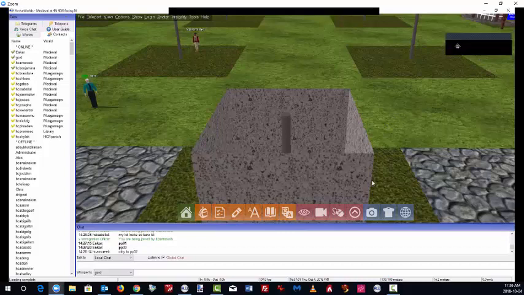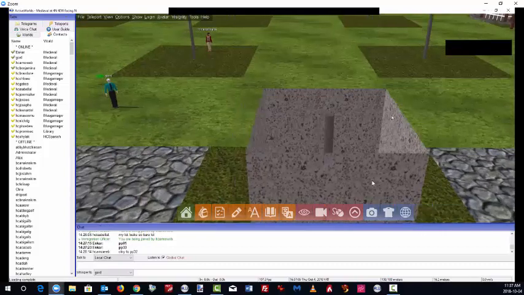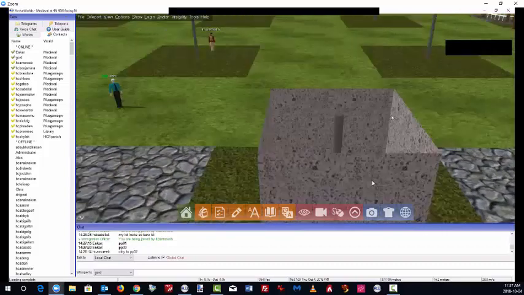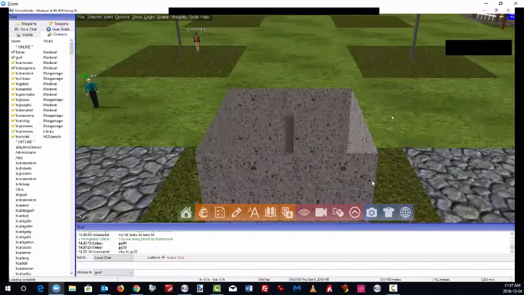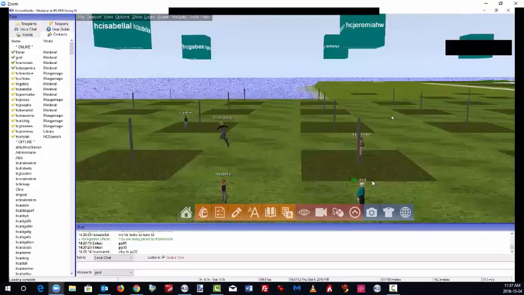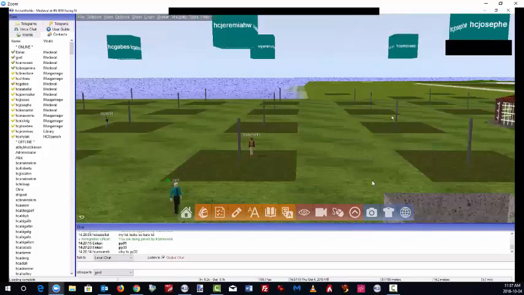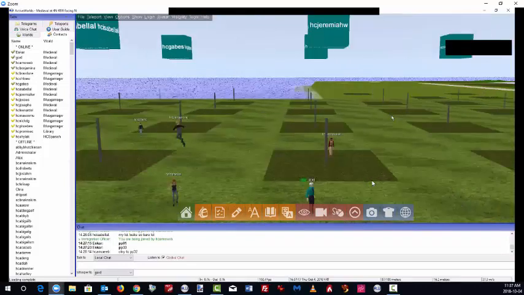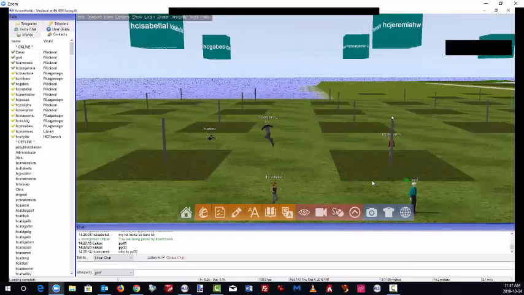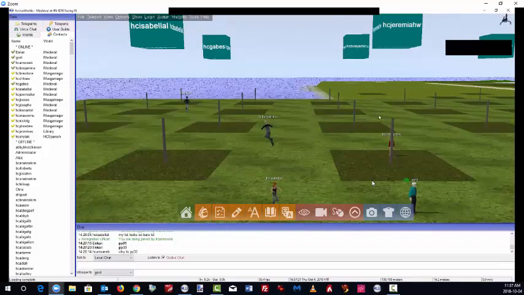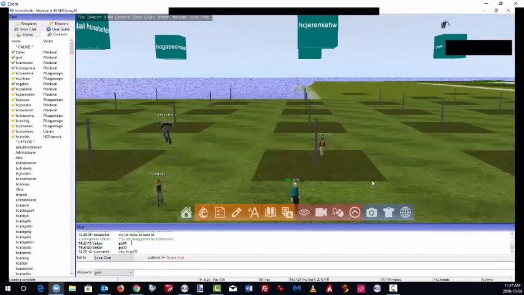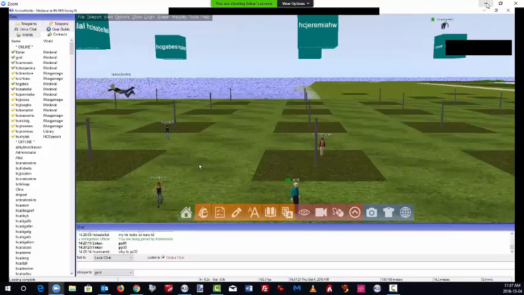Okay, I want you guys now to do what I did, and don't be sloppy. If you're an experienced builder, make sure that you're only doing full clicks, just a regular click. Don't be holding shift and shift control down because you'll get things out of alignment. So go to your lot, make yourself a PP01. It's right there in the chat. It's PP01. Copy that and make yourself a